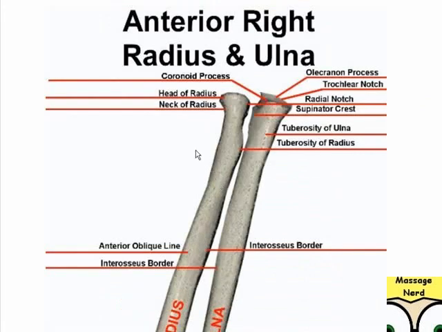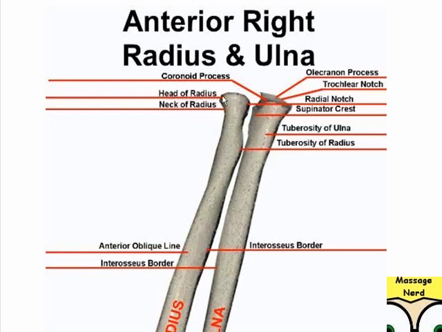Anterior right radius and ulna bony landmarks. Coronoid process of the ulna right here. Olecranon process, posterior more. Trochlear notch. Radial notch of the radius. Supinator crest. Tuberosity of the ulna. Tuberosity of the radius,